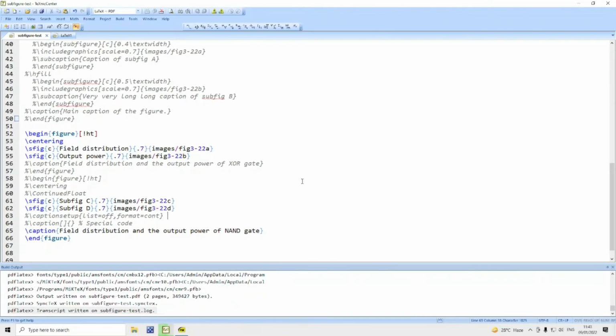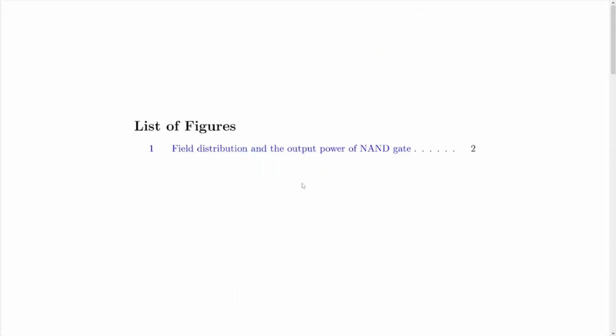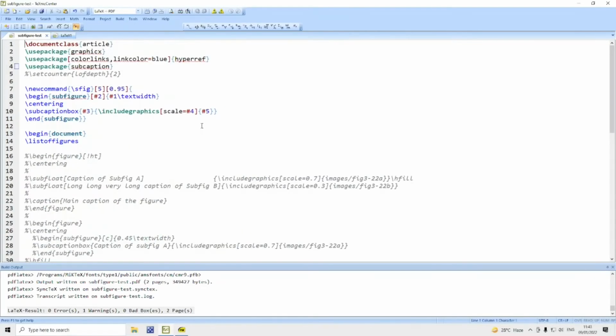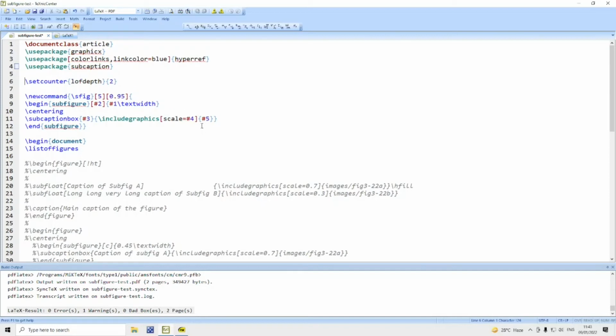Before taking up this problem, let me point out another case. After compiling it once again, let us look at the list of figures. In the list of figures, we have got only the main caption, and we do not have the subfigure captions. As I told you already, we do not have the setcounter LOF depth command available in the subcaption package.